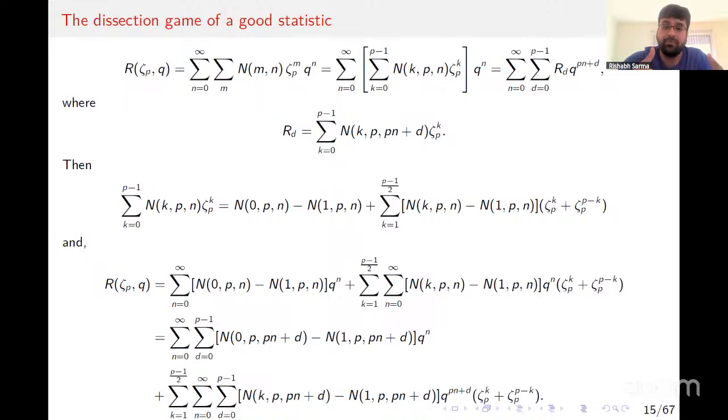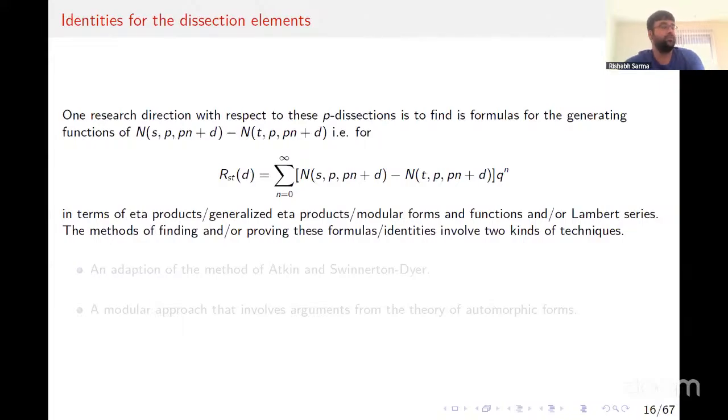So owing to that property and the properties of these roots of unity, we can write the rank function in terms of these rank differences. As you can see, R(ζ, P, Q), which is nothing but the two-variable rank generating function, is equal to the sum of these rank differences. And one research direction with respect to these P-dissections is to find formulas for the generating functions of these rank differences